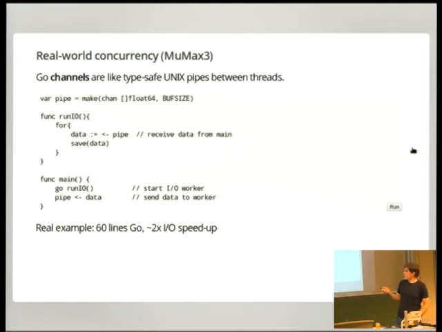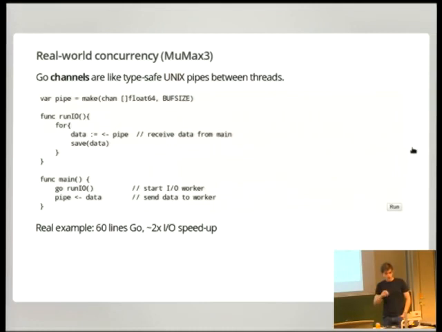So in your main function, we're going to start a worker function, run I/O in this case, which will just loop forever. This is an infinite loop. And just forever it will take data from this pipe and do some expensive save operation on it. And we start this function in the background, so in a separate thread. This go keyword is like an ampersand in Bash, just running in a different thread rather than a different process. And then we put data in this pipe that comes out here, and it's handled. So we have just in a few lines of code really nice